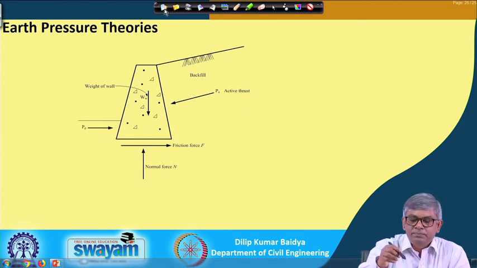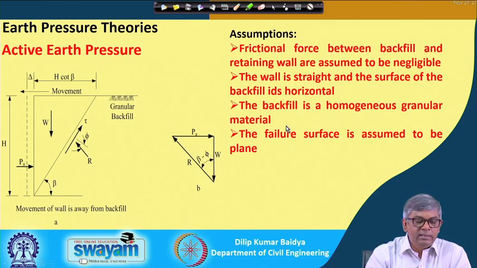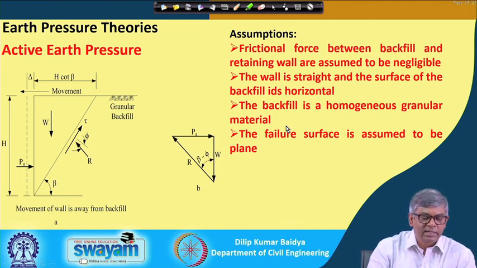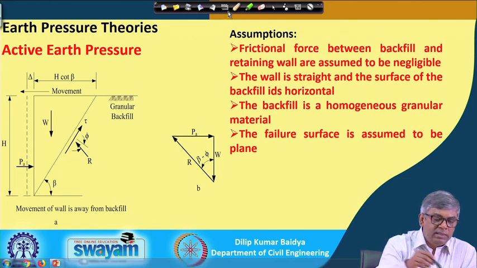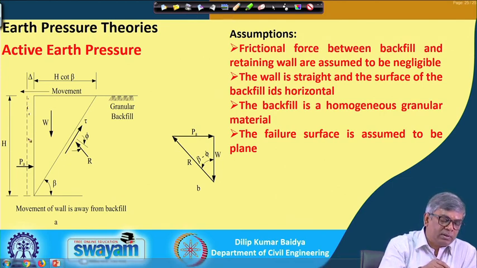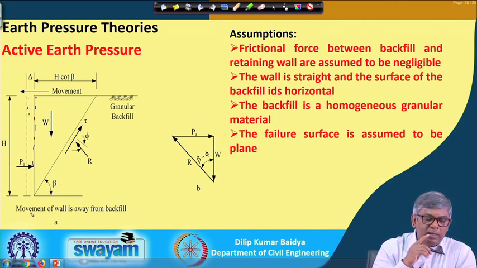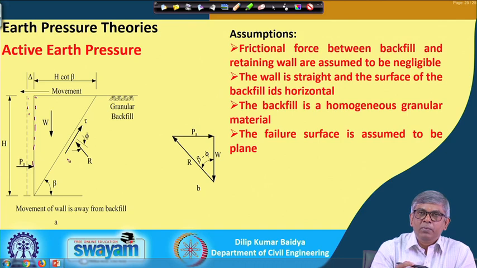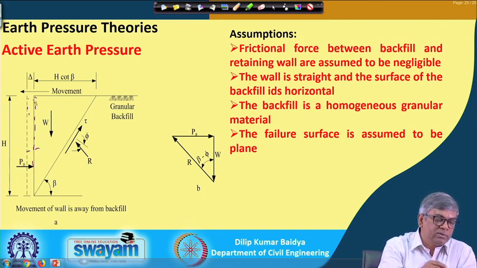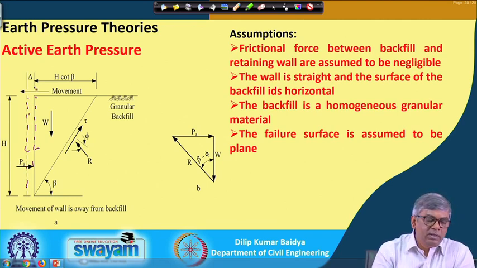So, for that, let us take it just geometrically. Suppose this is the wall. Initially I have taken this, this is the wall actually, and I am considering first the active case. The active case is the wall movement away from the backfill, so it is going that way. Suppose the new position of the wall is this, and delta is the movement of the wall.